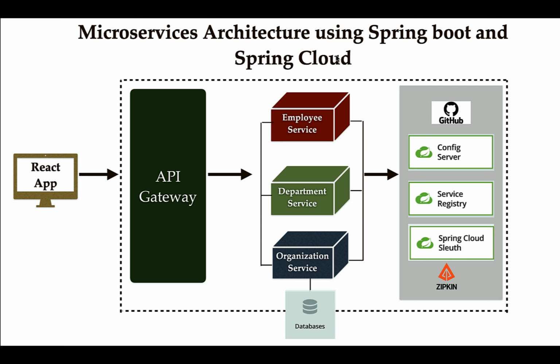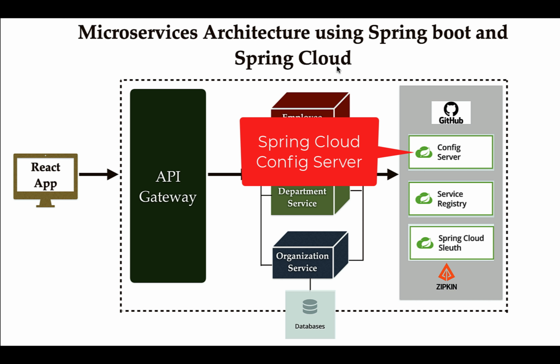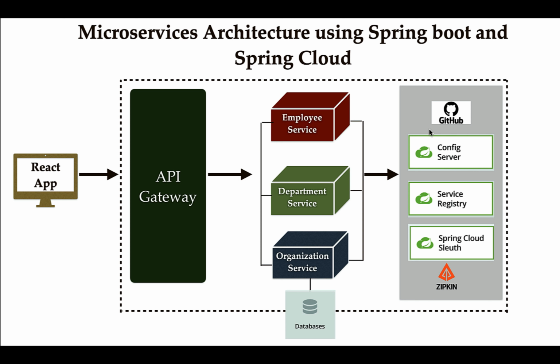Well, Spring Cloud provides the Spring Cloud Config module that we can use to implement a config server to externalize the configuration files of all these three microservices into a central place. We are going to use a Git repository as a storage for the config server. Once we know how to use the config server to externalize the configuration files, next we are going to implement